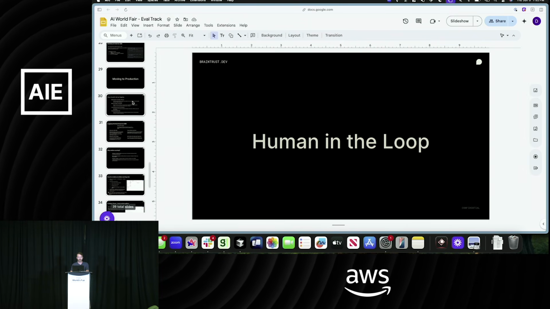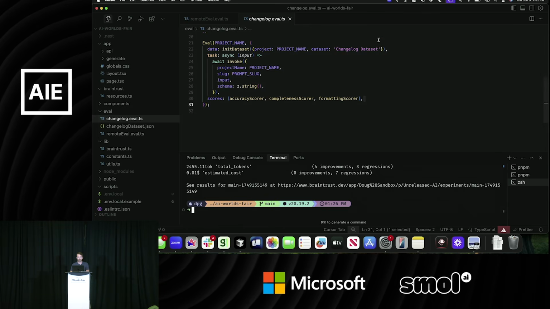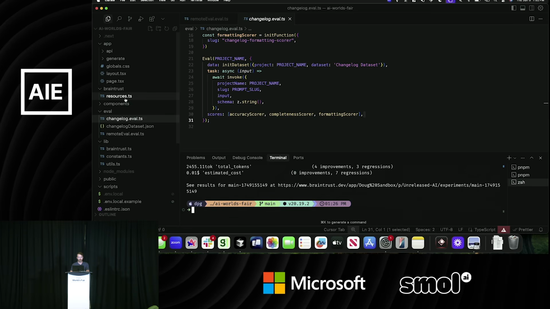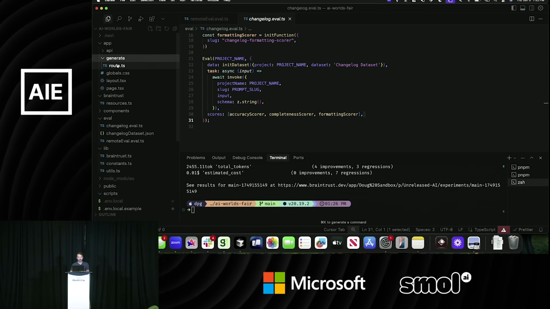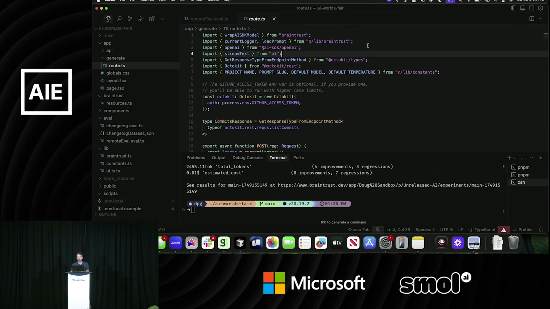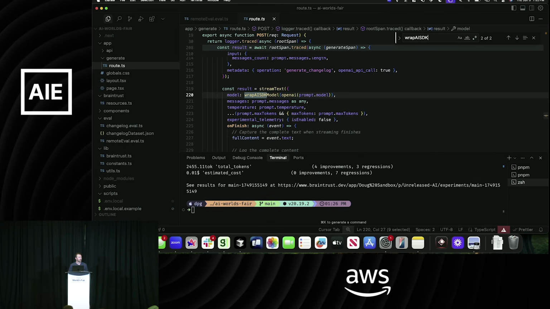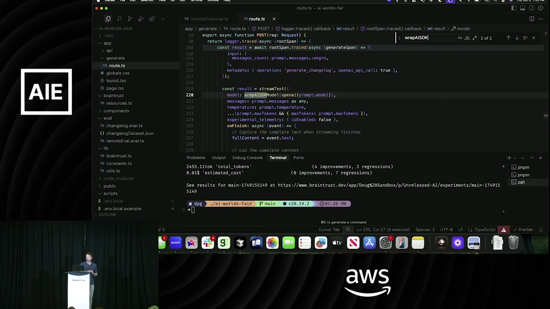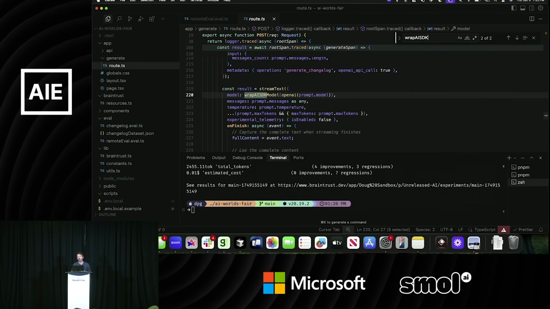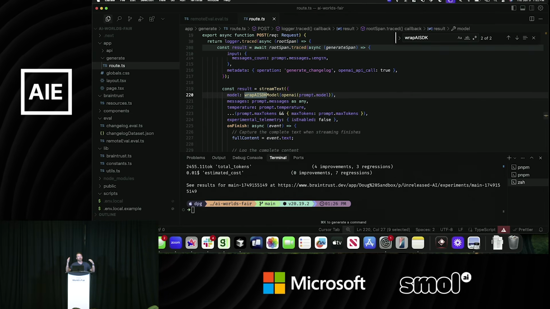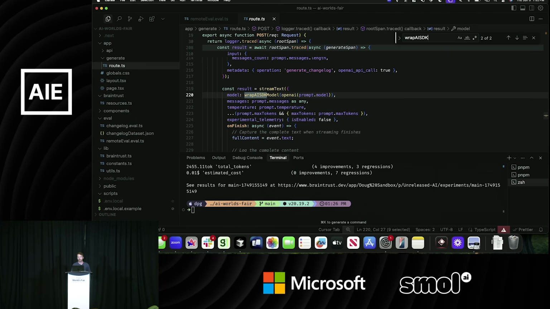Let me connect some of those dots there. So again, showing you some code, maybe good, maybe bad, but I'm guessing there's some technical people in the room that don't mind. You may have seen in one of those slides, there is the Vercel AI SDK. I want to wrap this AI SDK model. Again, this allows us to just create all of those metrics within Braintrust with zero lift from us as a developer. This becomes really easy to do.